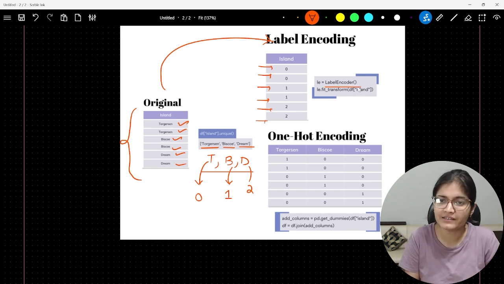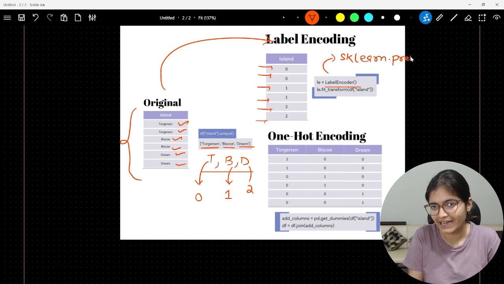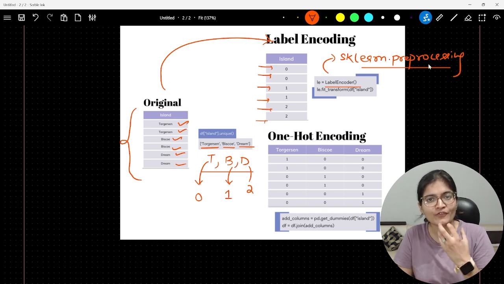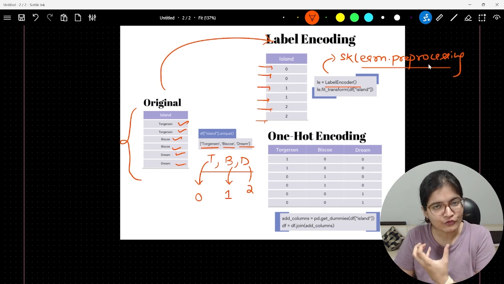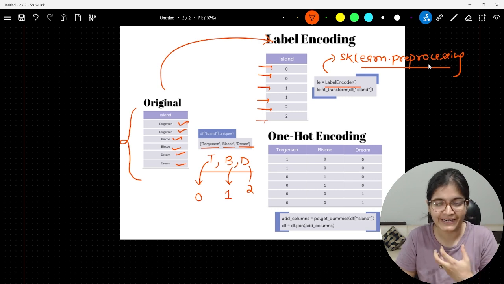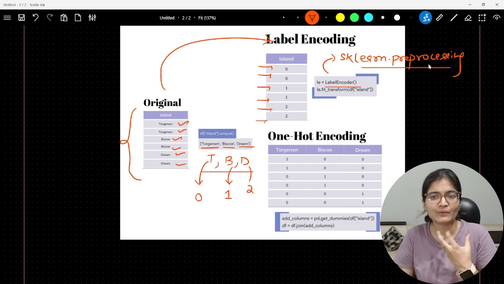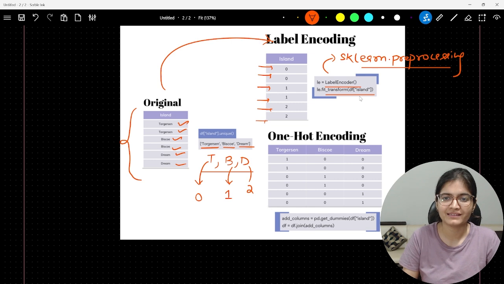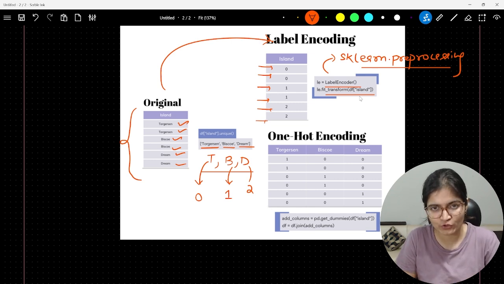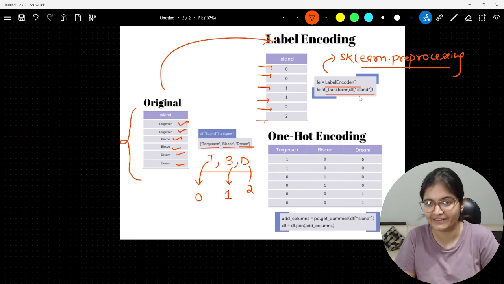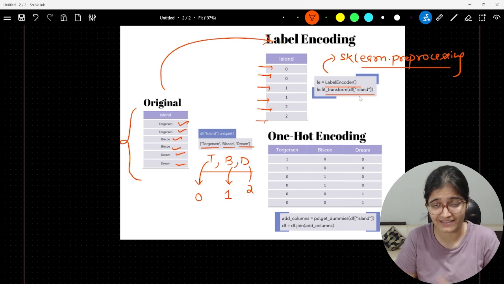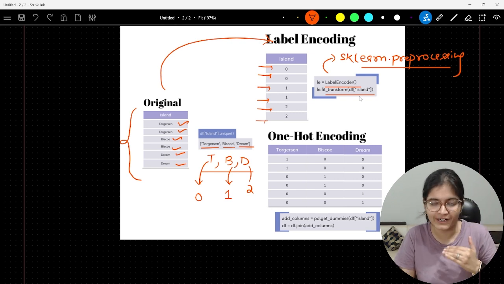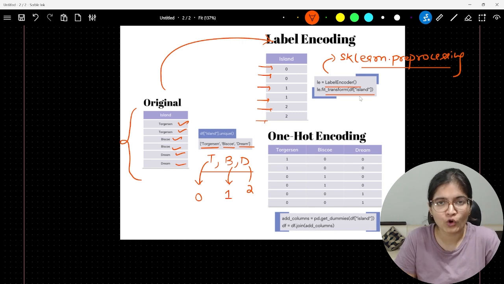And this is the method name which is available as a part of sklearn.preprocessing. I'll showcase it to you, don't worry about the implementation part. It's a part of sklearn.preprocessing. It will try to fetch the label encoder and one-hot encoder from there, and it will implement that, and then it will transform the complete data of the data frame of this island, and automatically what we will be able to see as an output is 0, 0, 1, 1, 2, 2. So this is how basically the complete flow will go. I hope it makes sense.